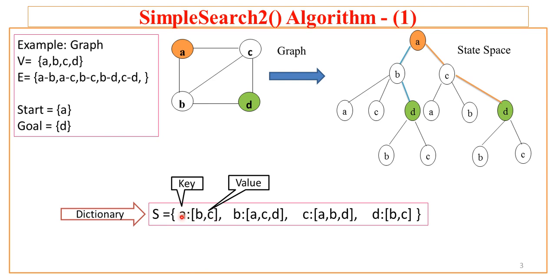So here, for example, A is the node and the immediate successors of A are B and C, which are maintained as a list in Python. So key values are used. For our graph there are 4 nodes, so there are 4 elements in this dictionary. First element A having B, C as the immediate successors, second element B having A, C, D, third is C having A, B, D, and fourth is D having B and C as the immediate successors. With this data structure, our algorithm will understand what the graph is and will simulate on this given information.